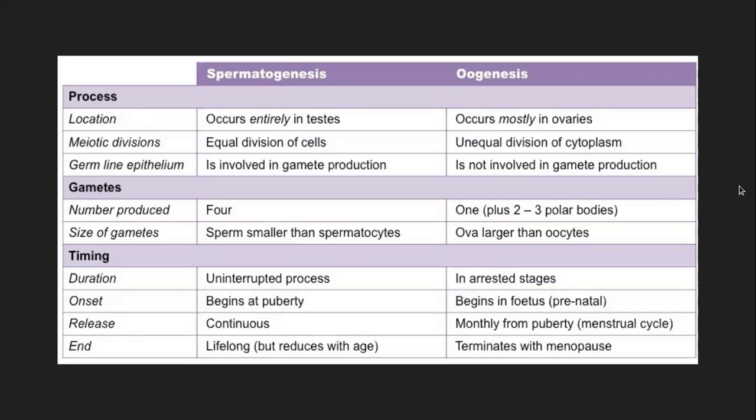So like by germline, in oogenesis, the innermost layer of the lining of the ovary, it gives rise to primordial cells, right? Correct. But that is not so. Then the germline epithelium is not that layer in oogenesis. But see again, this germline epithelium in case of male is completely differentiated after puberty.